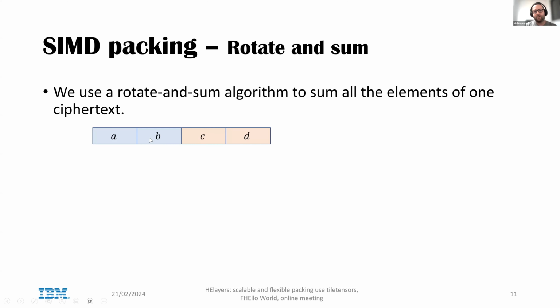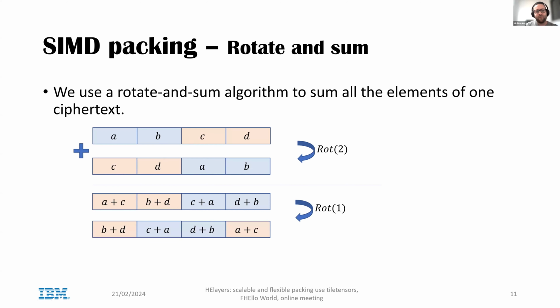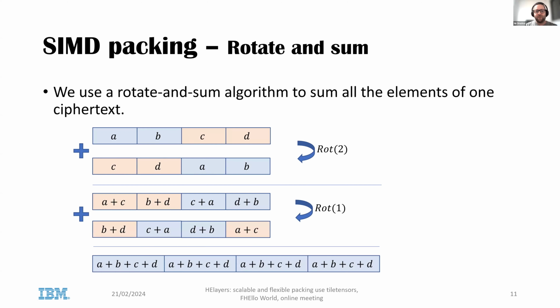We take a vector ABCD, we want to sum all of its elements. What we are going to do, we're going to rotate the vector by 2, so CD goes here, AB goes there. And we are going to add them together, and we get these values, then we rotate again by 1. No need to remember the detail, just to understand the complexity that is going to grow. And by another addition, we got the sum of all the elements duplicated 4 times. So that's a really cool algorithm that we leveraged SIMD for us.